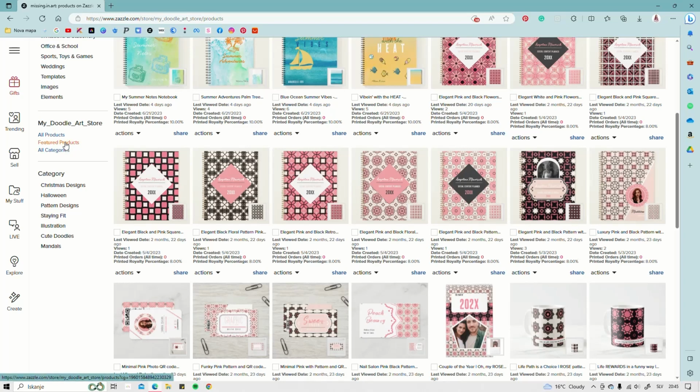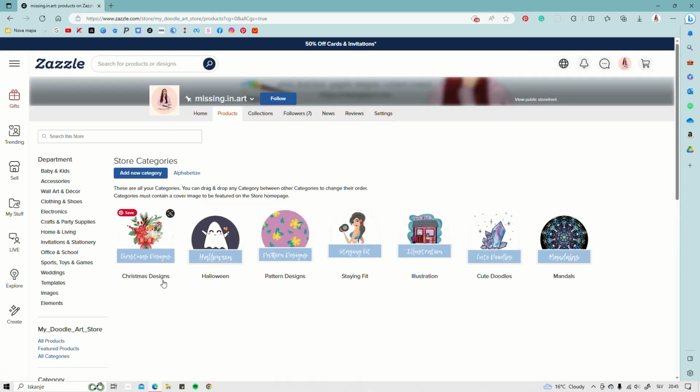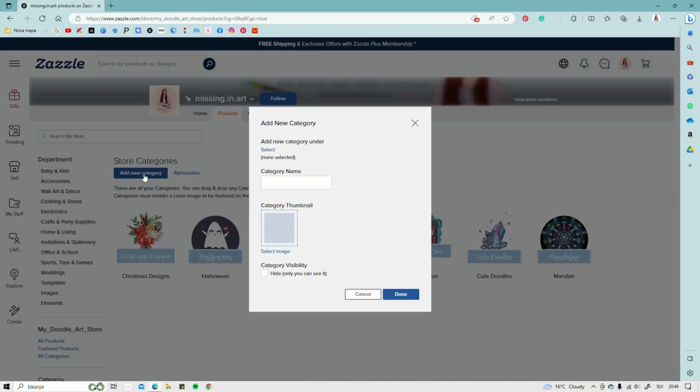I think it's going to be like featured products, and then if you go see all categories, you just click on that one, and for you this is going to be empty, and all you have to do is click on the blue button that says add new category,